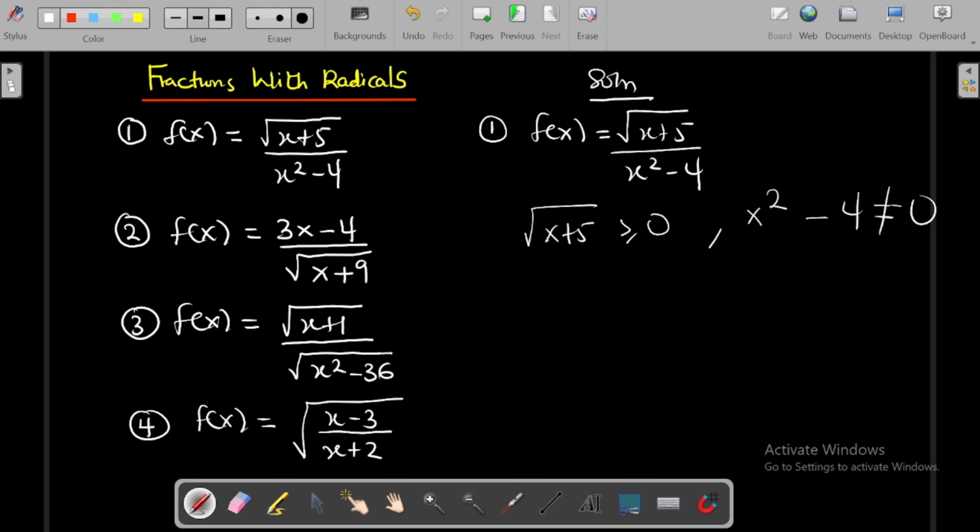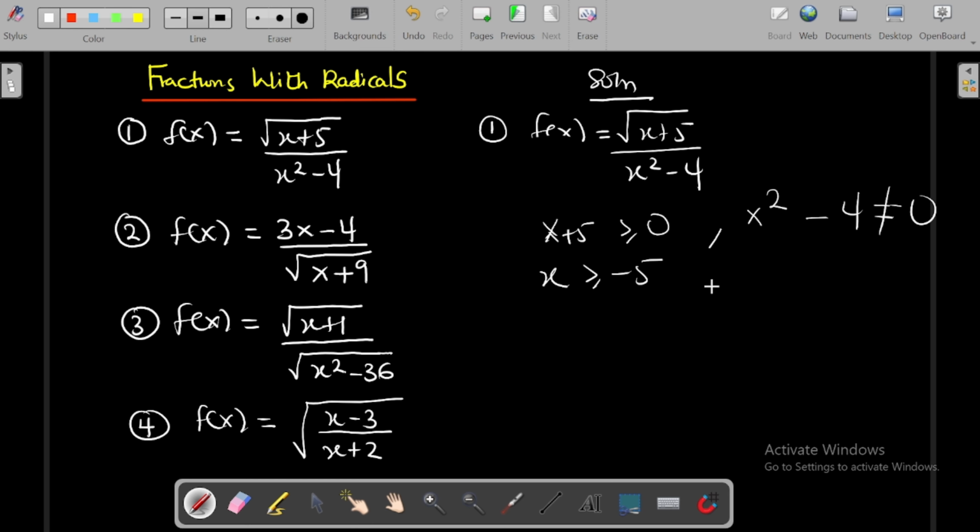Okay, so now, sorry for this one, you don't have to bring the square root. What you do is that you put the number under the square root greater than or equal to 0, just like we discussed in the previous questions on radicals. So this one, the same thing. x plus 5 is greater than or equal to 0. You come and get x to be greater than or equal to